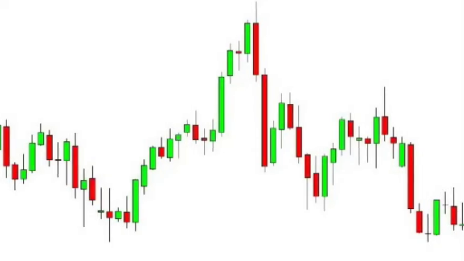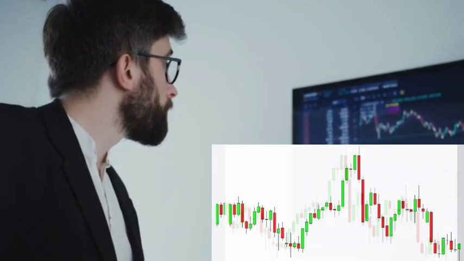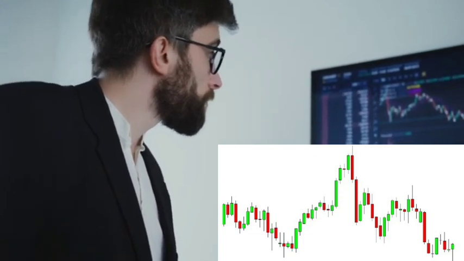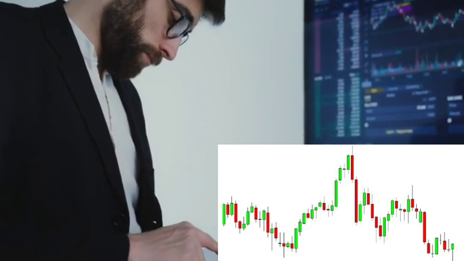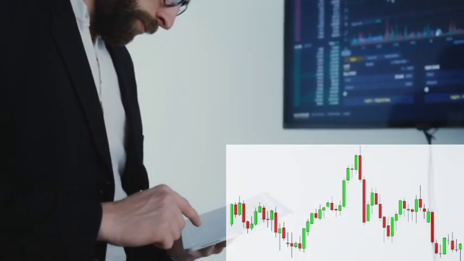This is the most popular chart of all. The candlestick shows you the same information as the bar chart. It also includes a body to suit your own needs. In this chart, you can easily see if the price has moved higher or lower. For example, the chart on the screen clearly shows that the red candles are bearish candles where the price has moved lower, and the green candles are bullish candles where the price has moved higher.